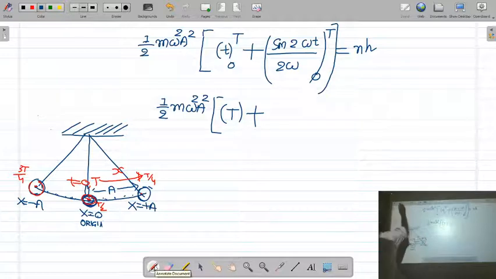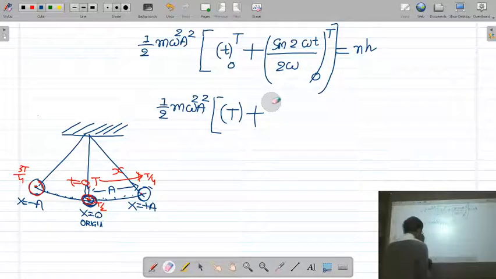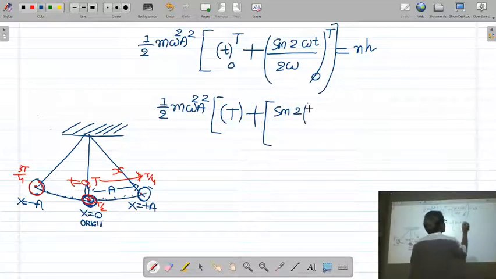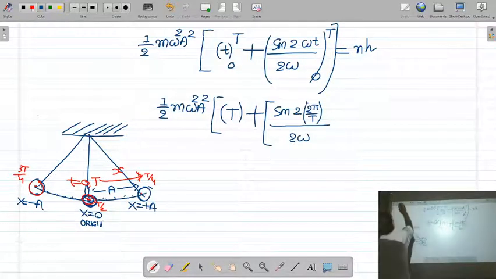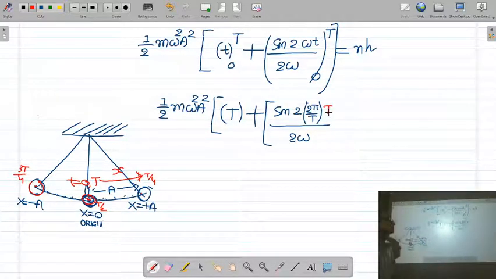When you put the limit here, sin 2 omega is nothing but 2 pi by capital T upon 2 omega. I put the upper limit. What is the upper limit of time? Capital T. That is the periodic time. Minus